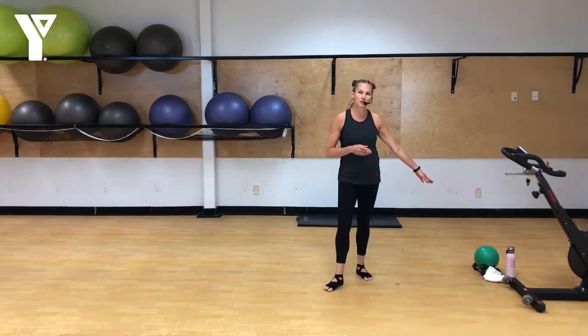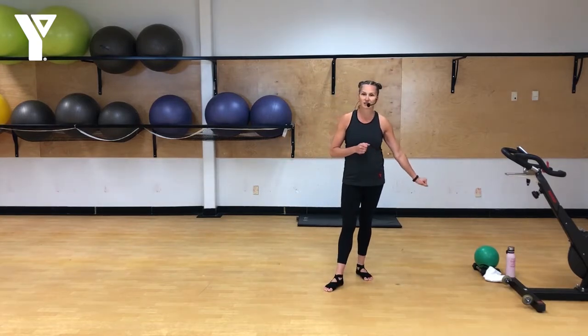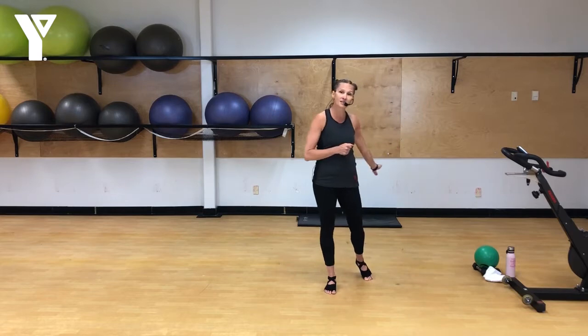Additional equipment that we will want to use today, I've got a bender ball with me today, as well as a light set of dumbbells and a mat for later on. If you don't have a bender ball, not a problem. You can use a bath towel that's rolled up, a yoga bolster, or a throw cushion that you're not currently